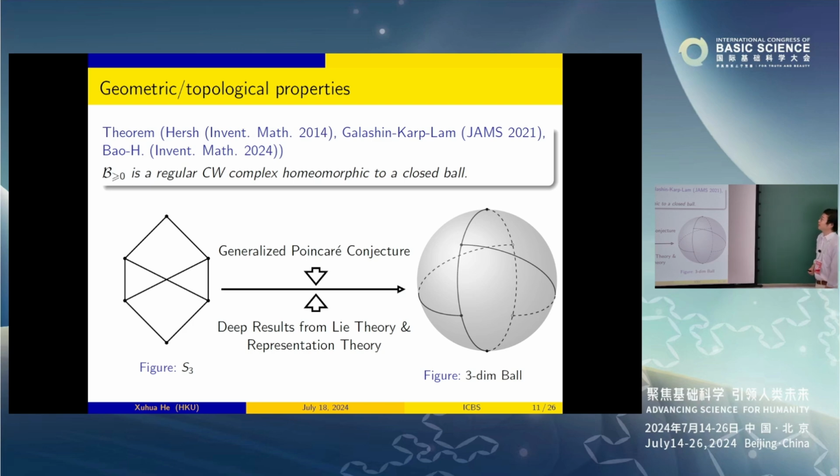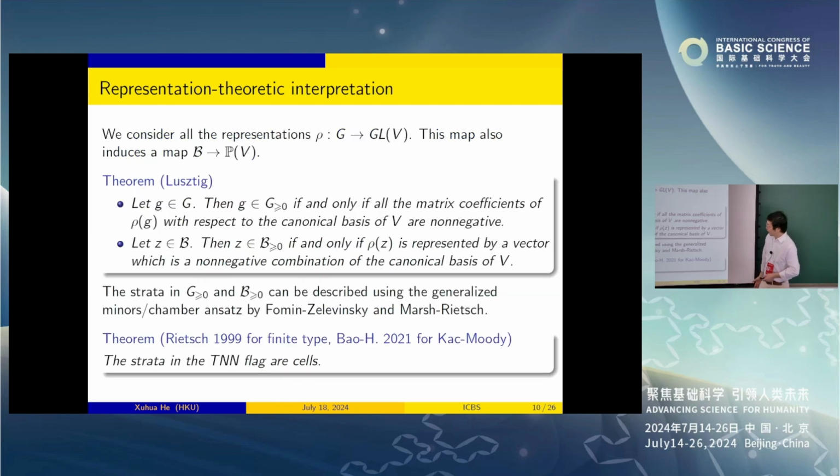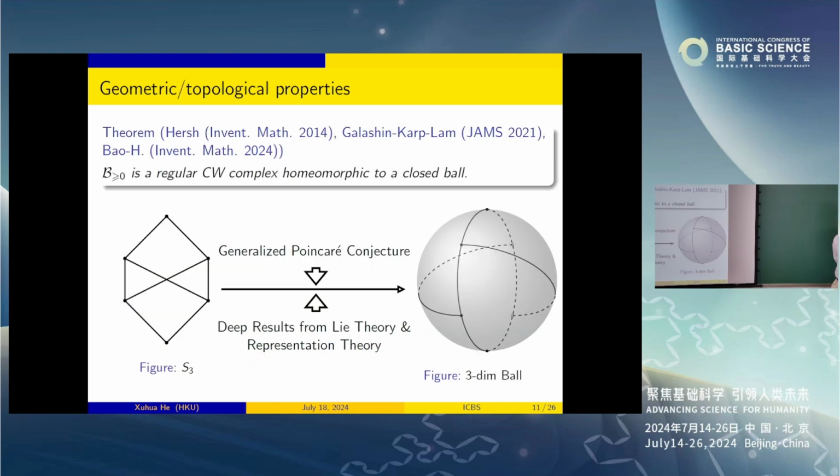Okay, now we want to move to something which I find really amazing. So now we know that the totally non-negative flag is a union of cells. But how do these cells glue together? People expect that they glue together in a very nice way. Actually, the best way one may expect is that the totally non-negative flag is a regular CW complex homeomorphic